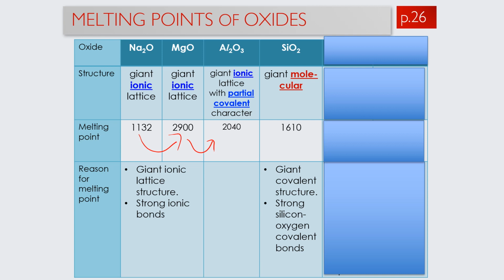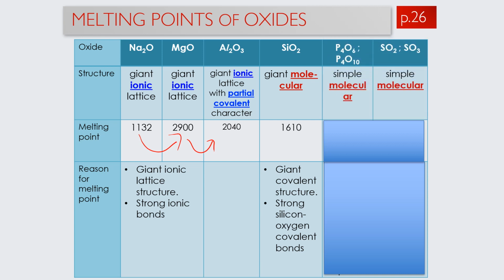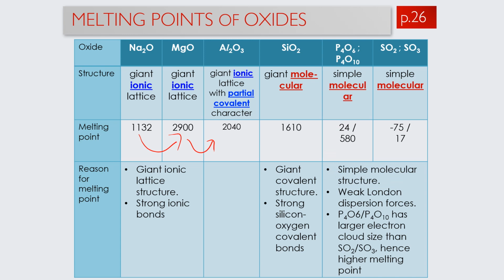Moving on from silicon, we have the oxides of phosphorus, sulfur, and chlorine. These are the other non-metal oxides. This group of non-metal oxides exist as simple molecules. And because they are simple molecules, there are only weak intermolecular forces between the molecules, resulting in them having low melting points. So if we look at the melting point of P4O6 and P4O10, we find that as the size of